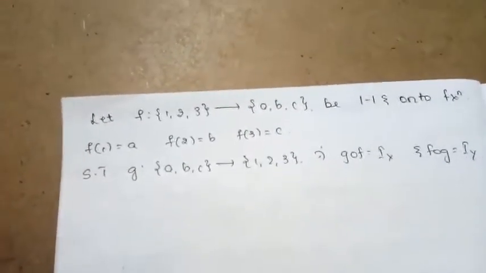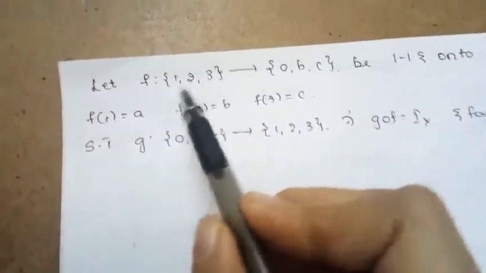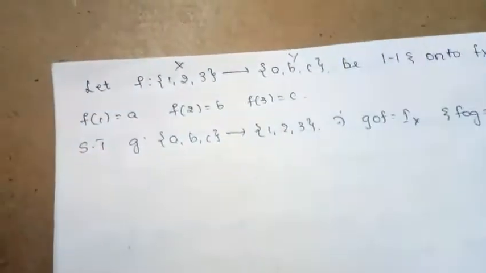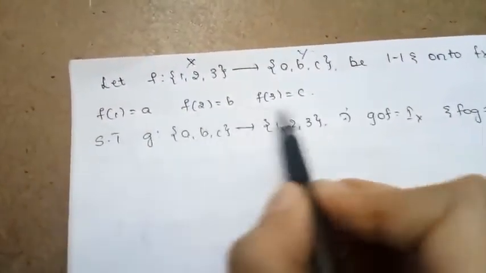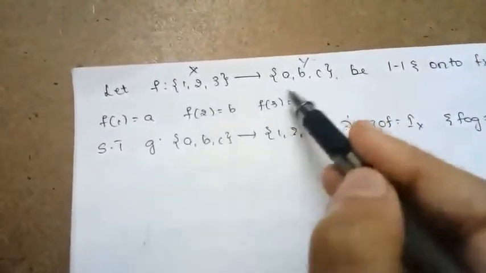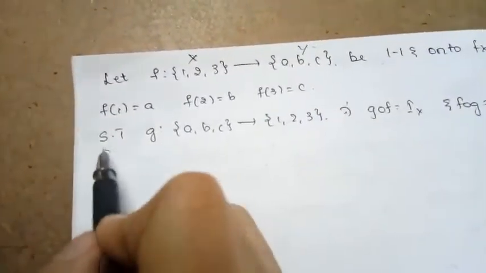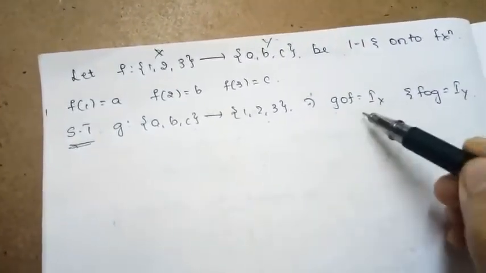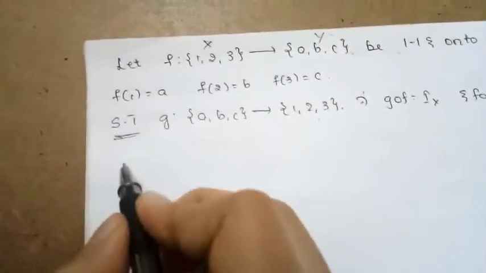Here is one of the beautiful examples. Understanding this example, we can conclude one of the beautiful results following from it. They have given a function f from, I will call this set x and this set y, from x to y, and this function is one-one and onto, because they have defined the function itself. Each element is having only one image, so it is both one-one and onto. What we need to show is a function g from the set y to x such that gof is equal to ix and fog is equal to iy.